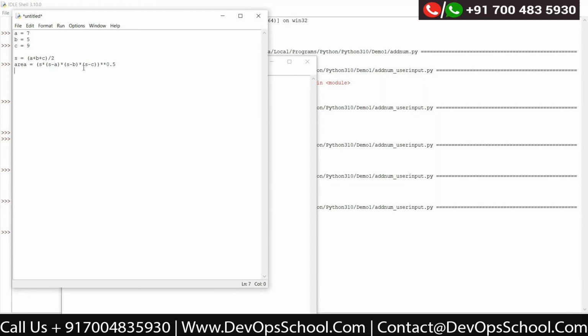Now print this value. Area of triangle is